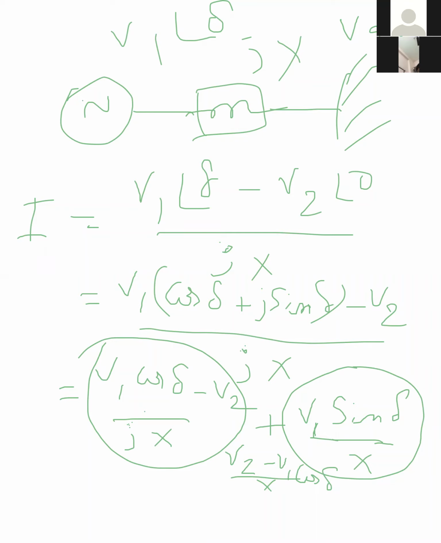So the reactive power at this particular point is proportional to V2 squared if you neglect the second term, and of course inversely proportional to the reactance X. So reactive power at a particular bus is directly related to the square of the voltage. That way you can vary the reactive power, and also you can take the relation between the reactive power and the voltage. This derivation I did in the last class.